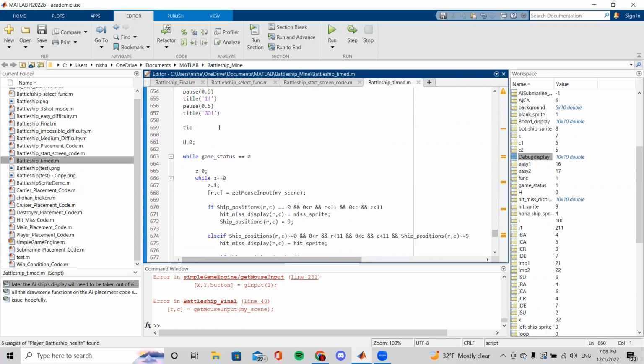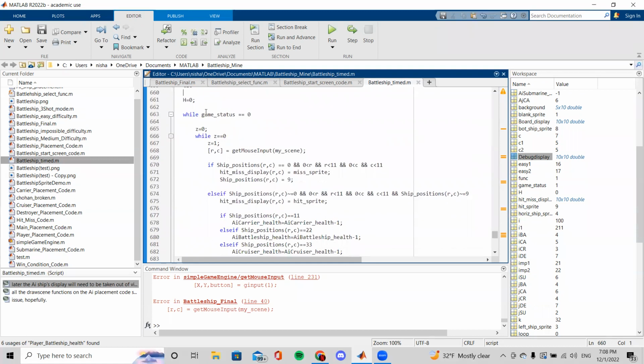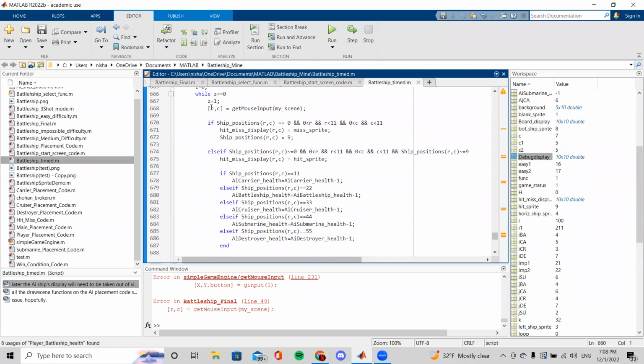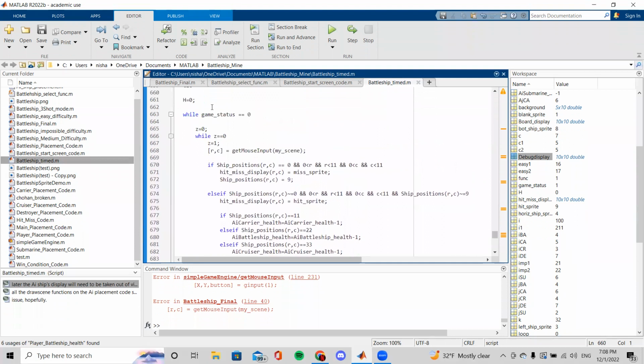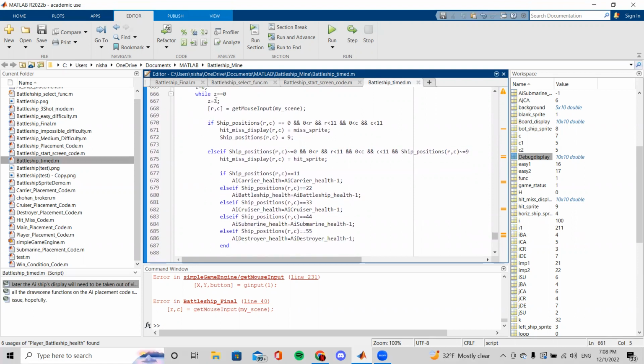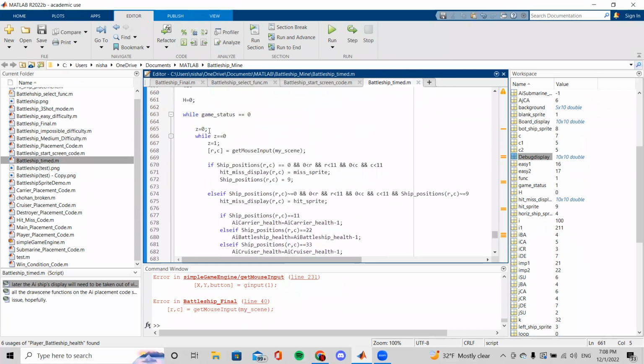Once you beat the game, we'll have toc, collect the data, and then we'll output to that. So that's why tic is there. H equals 0, and we just go. In fact, this H equals 0 is actually not necessary, since we don't have an AI guessing, but it is what it is. So you get your mouse input, and pretty much this loop right here,